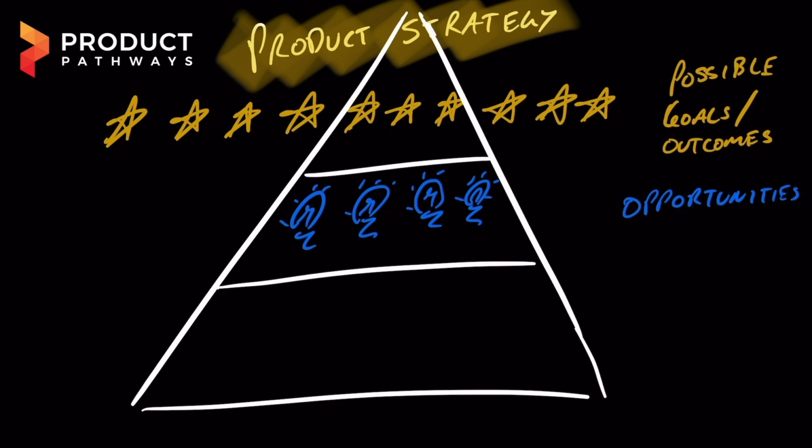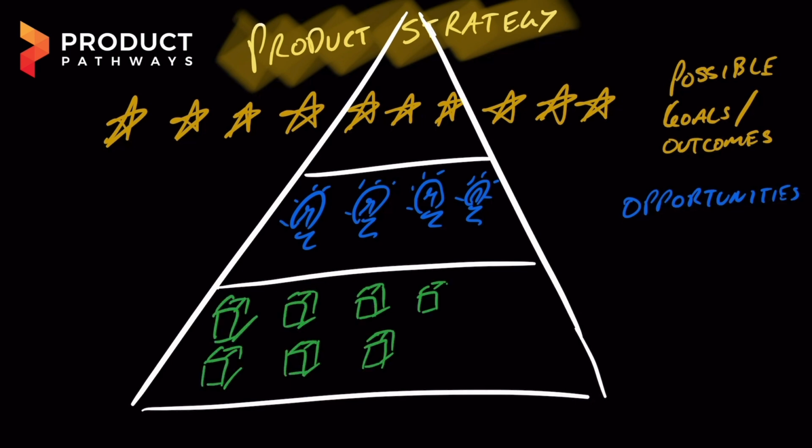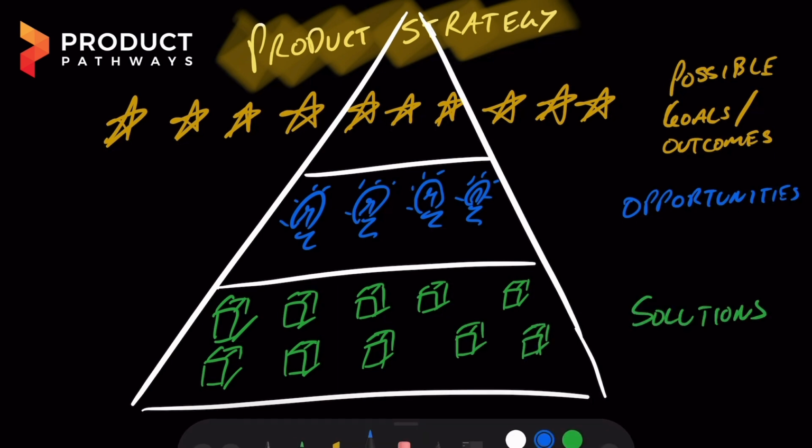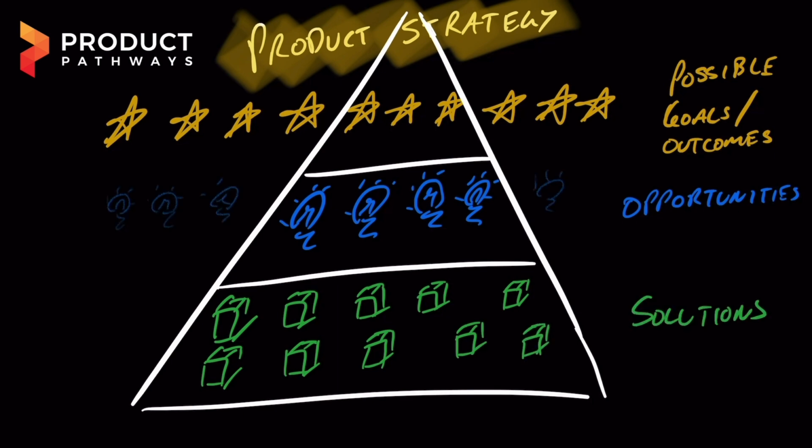Instead of having, say, 50 opportunities, you might have 10, and that's much more manageable. So the question becomes, how do I prioritize those 10 as they relate to that outcome? Which one is going to give me the most bang for buck? From there, we move into the solution space. And again, I'm only going to ideate a handful of solutions to that chosen opportunity. And this becomes much more manageable than having this really long list of backlog items, say hundreds long.